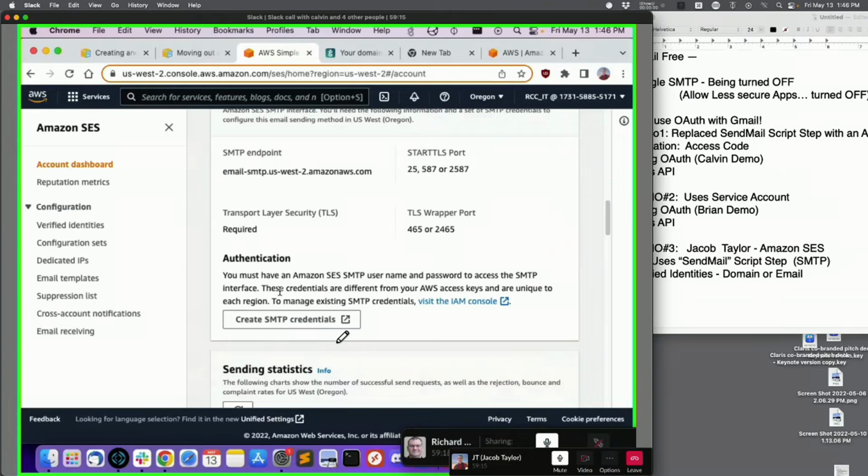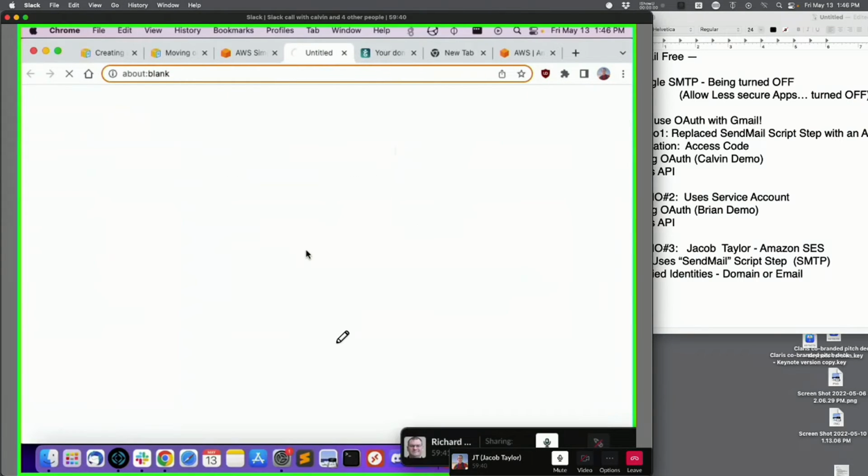At this point, I have validated. The first step that we did today was validating my JT at rcconsulting.com, so that's ready to go as a verified identity. However, we don't have SMTP email send details, a username and password for that. Because this has nothing to do with my actual Google account or anything else, we have to have a separate username and password. That is this button right here. So you're going to click this,